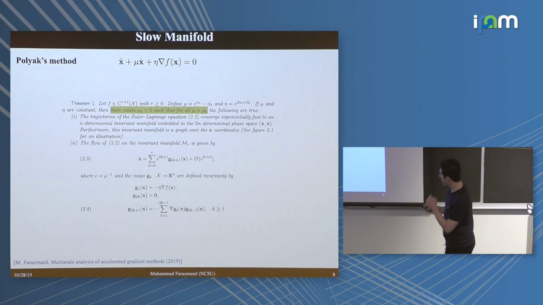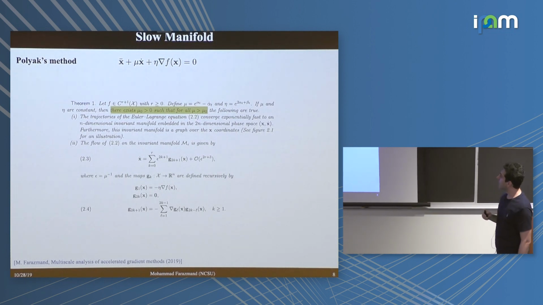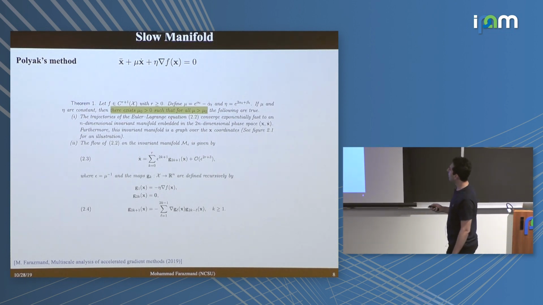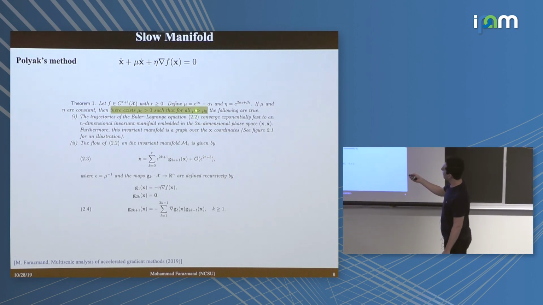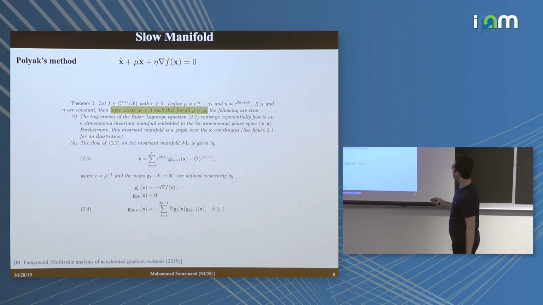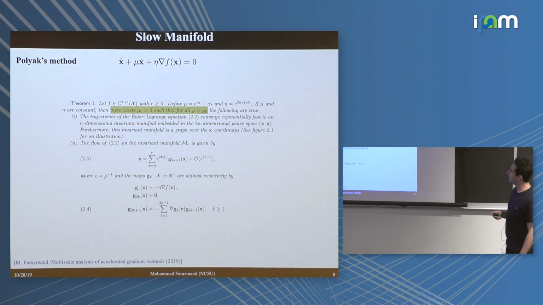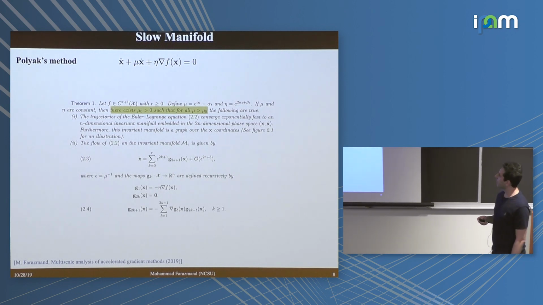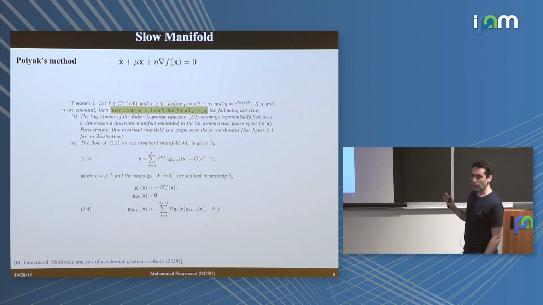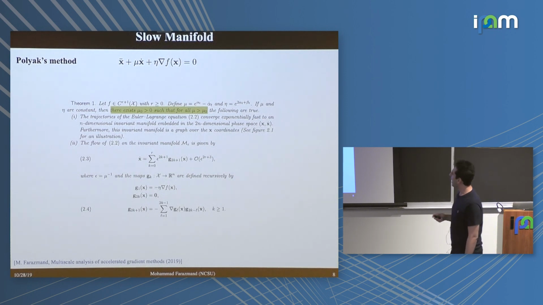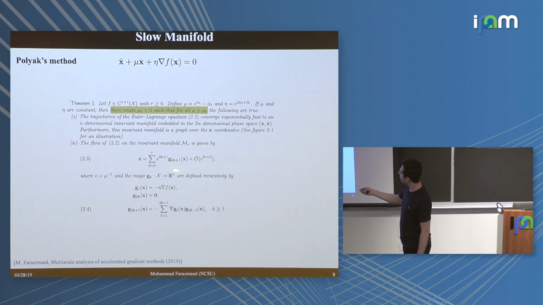This is the subject of basically this theorem that says, in fact, for mu large enough or epsilon small enough, that manifold does exist, that invariant manifold. It's still attracting, so everything converges to it exponentially fast. And also the expression for the manifold when it exists is given by this series expansion, where the functions g